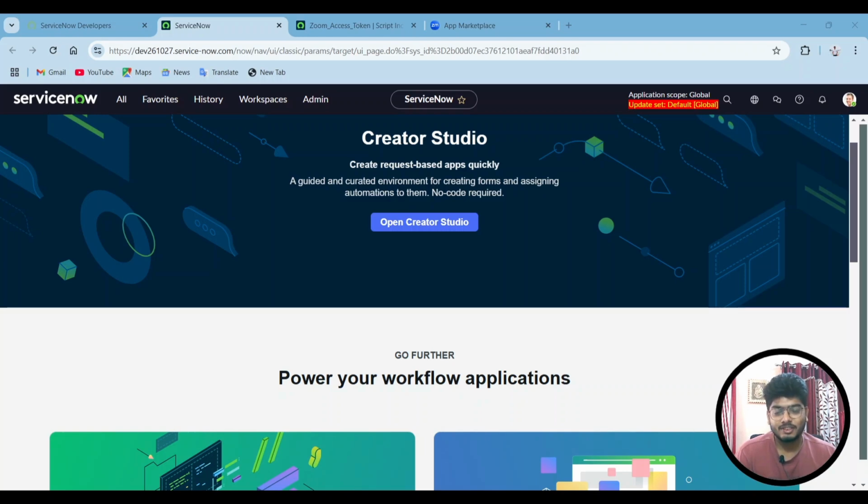This video is the continuation of my previous ServiceNow Zoom integration video, and here we will be learning how we can use the obtained access token to create a Zoom meeting. If you haven't watched my previous video, then please go ahead and click the I button and check it out